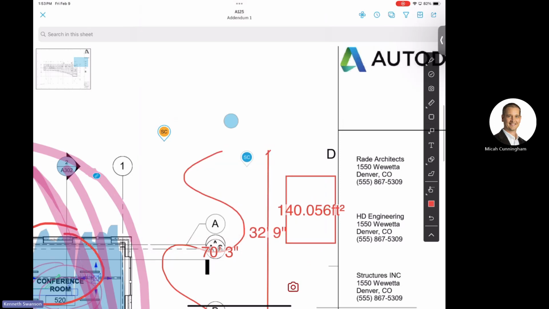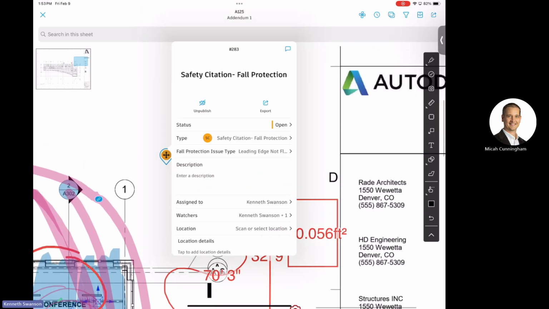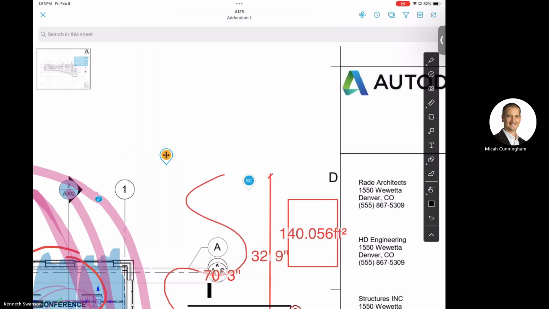So now that issue, again, is driven by the color. SC is one of our safety citations. Michael was mentioning that this also can be done not on a sheet. So if I have one that generally needs to be filled out related to site condition, or something that isn't associated to any specific location, if y'all hit the X in the top left,